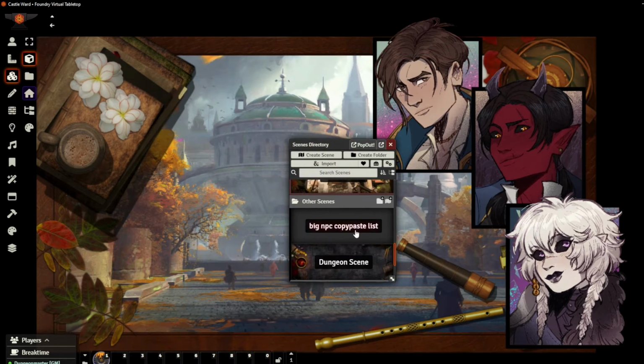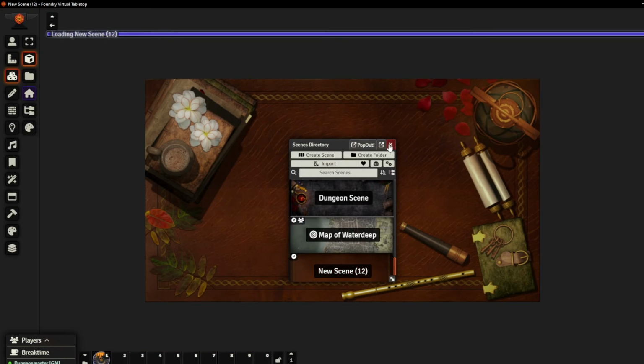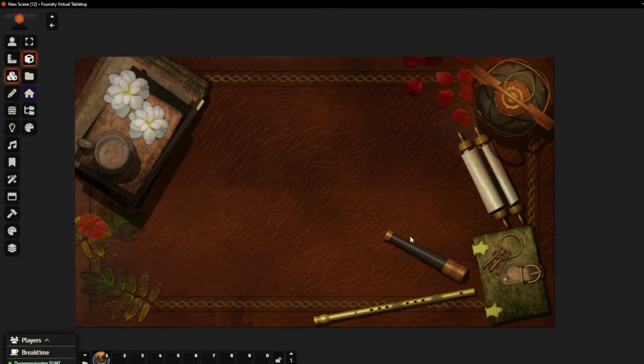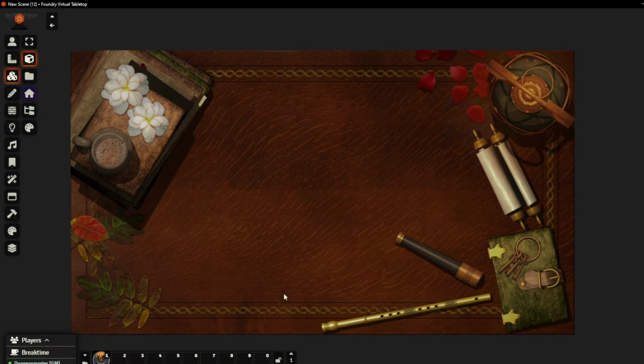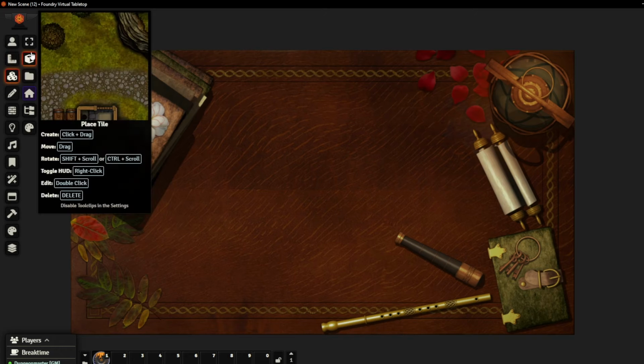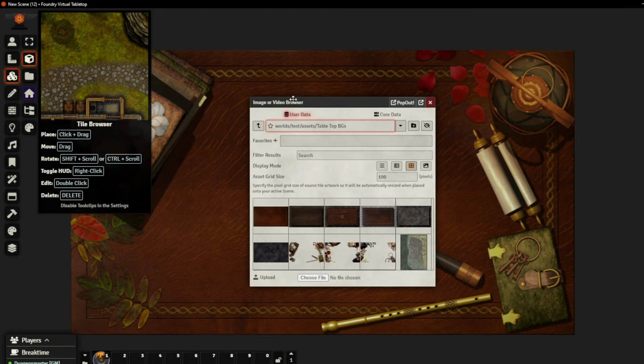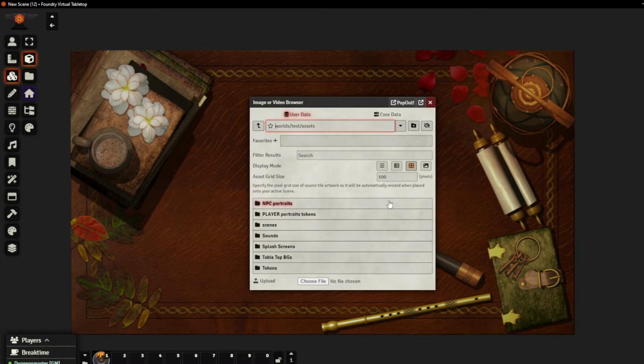Then let me go to new scene so you can see what's up here. And as you can see, it looks just like what I just showed you in the photo editor. So now comes the fun part. Now remember, you have to have token variant art and possibly levels installed. So with that in mind, we're going to go down to the tile controls, tile browser,